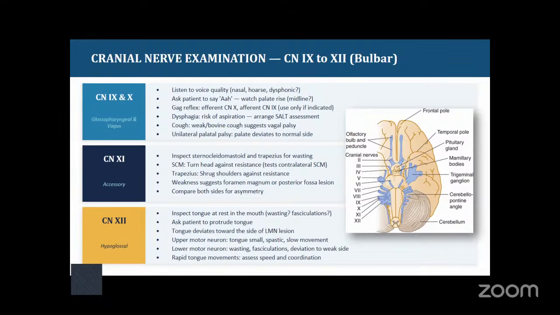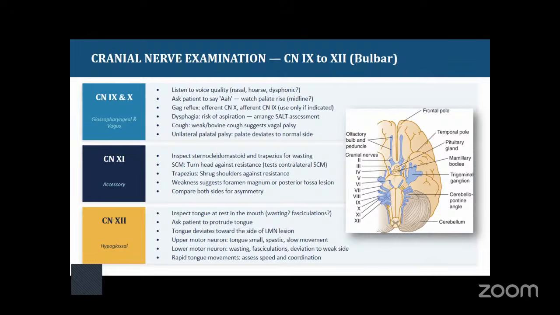Again, when you're looking at the palate, upon the patient opening the mouth, you want to see if the arches of the palate are symmetrical and if there is deviation. Cranial nerve 11, accessory, we will start with inspection again, sternocleidomastoid and trapezius in this case. And you can assess it in two ways by asking the patient to shrug their shoulders and resist force, or turn their head to one side, then try and turn back against resistance, and compare both sides